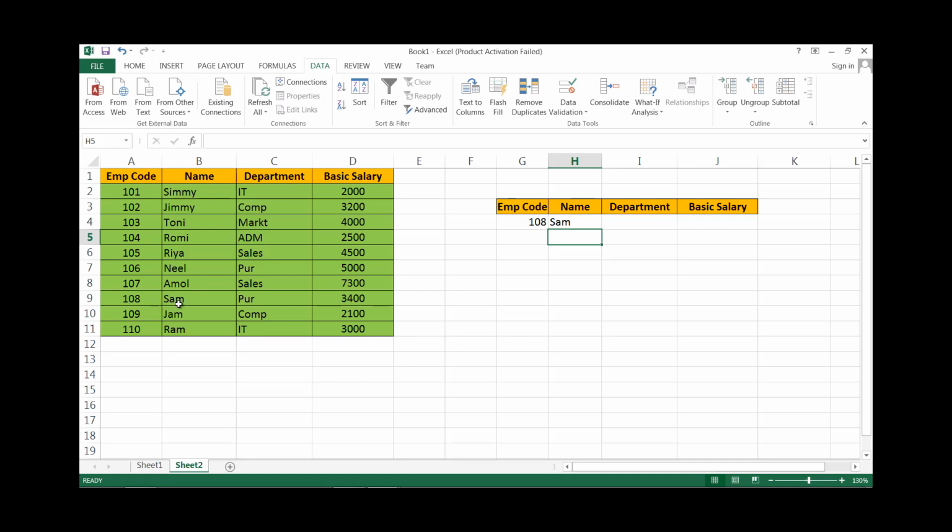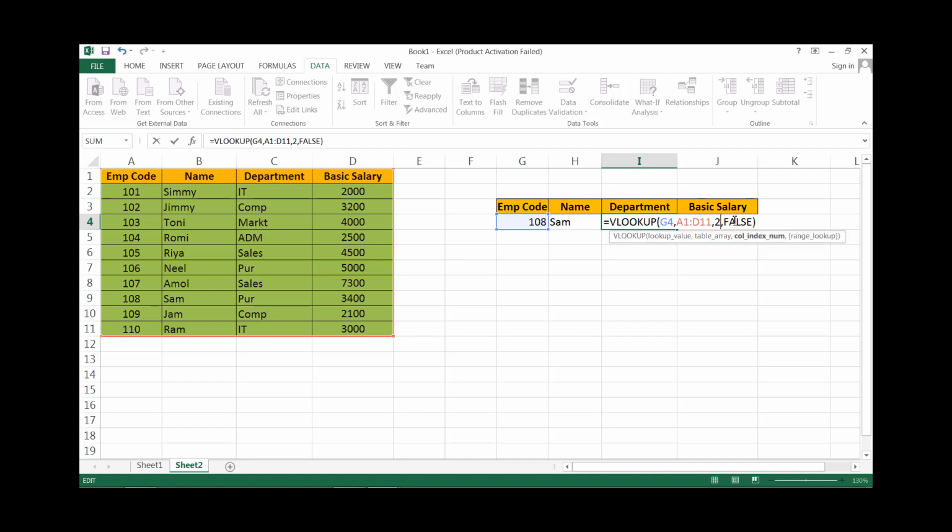Okay, 108 Sam. Like this we can apply this formula here. Only change the column index. 3, Sam, purchase.